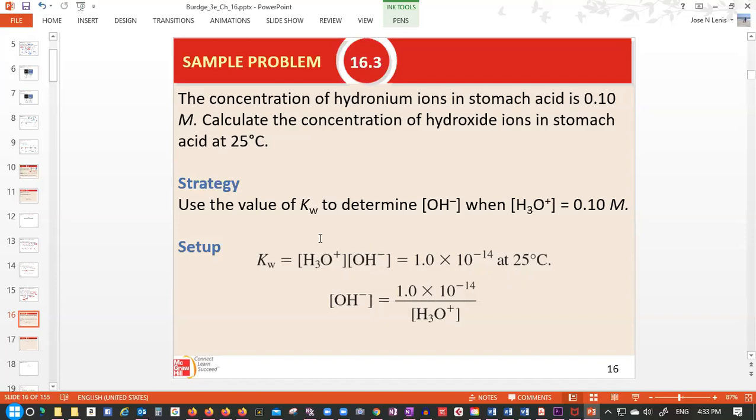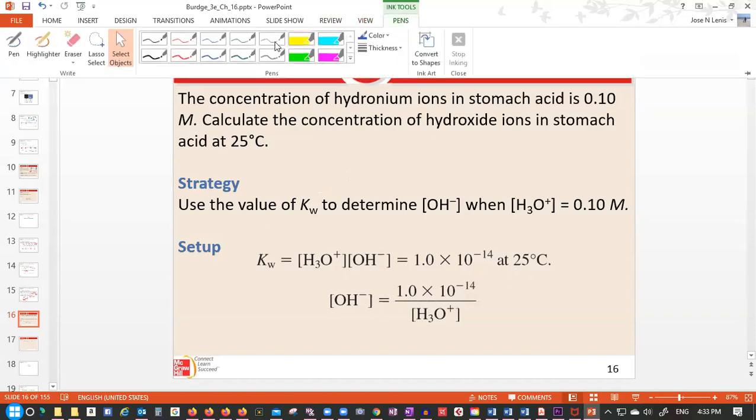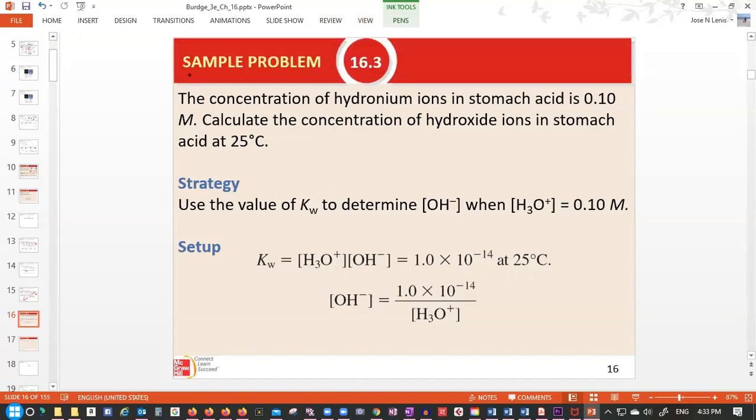This is given, and in the stomach, that concentration of hydrogen ions is due to the fact that the stomach cells, the inner lining, produce hydrochloric acid. So hydrochloric acid in the stomach